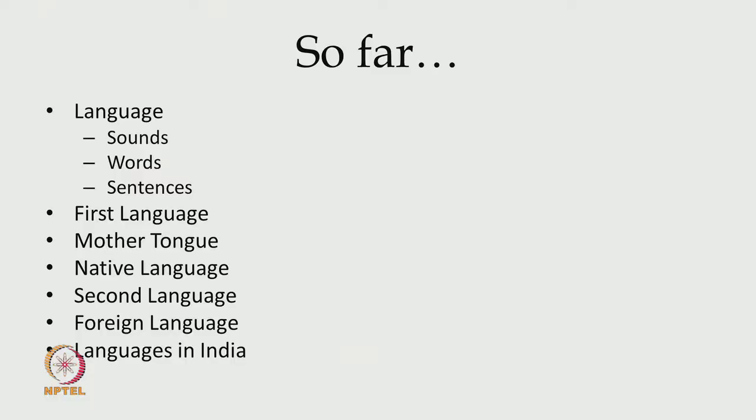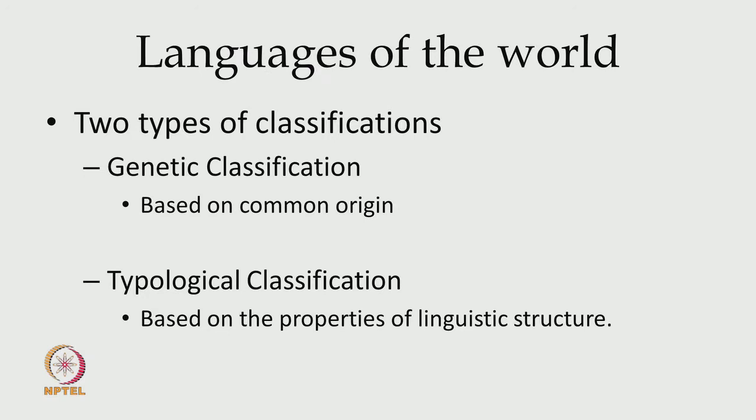Now, looking at the last part, languages in India, we will extend our discussions to the parts of linguistic area, and here is where we are going to be looking at. The point languages in India is also very interesting because it is believed that one third of the languages of the world are spoken in this subcontinent. There are approximately 6,000 languages in the world and around 2,000 of them were assumed to have been spoken in Indian subcontinent.